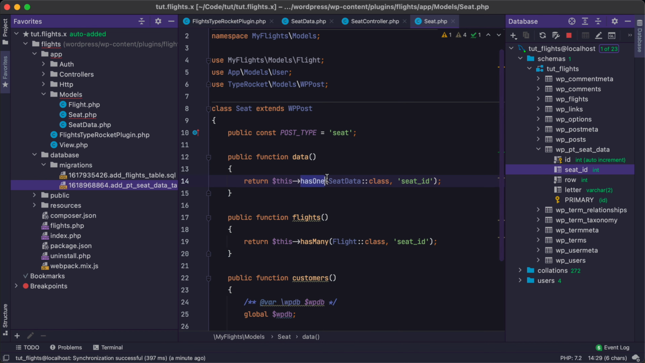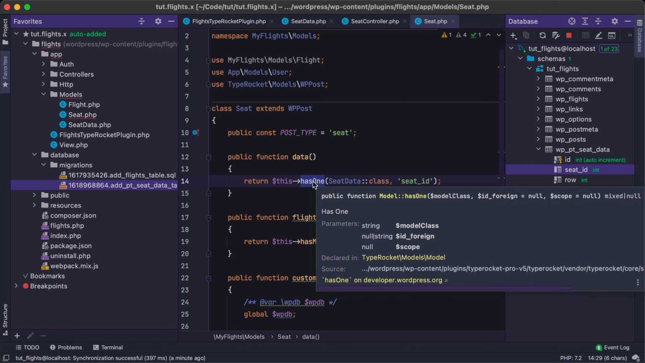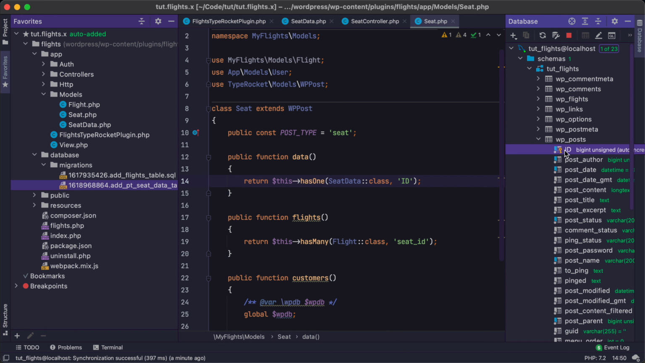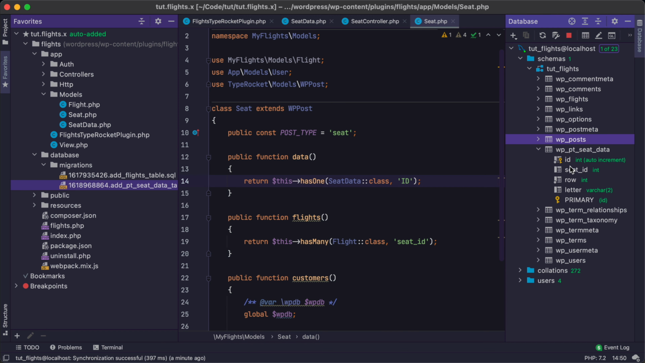And this has one is a new type of relationship connector method on our model, and it simply means that when we're looking for seat data, instead of using the ID column from this WP posts field, we actually want to use the ID column on the seat data. So let's save this out, and then our connections are in place,